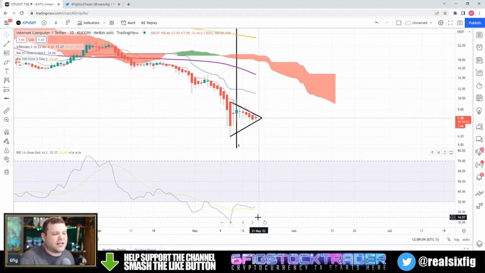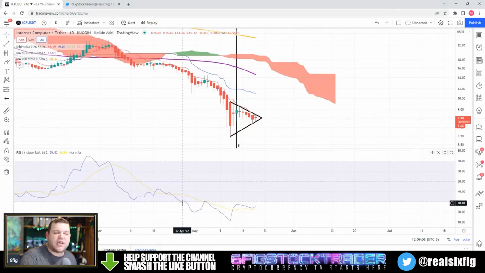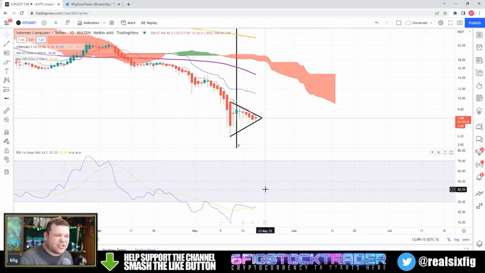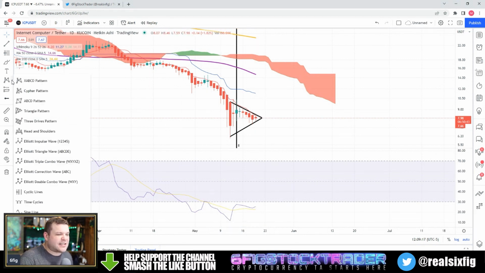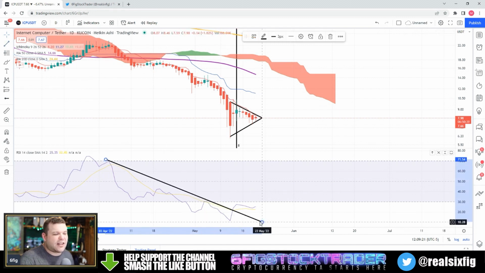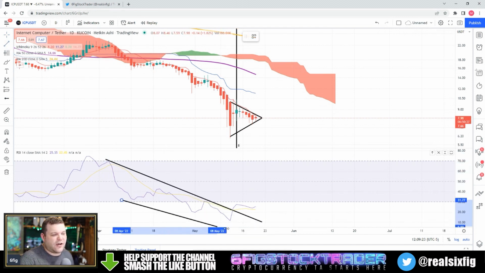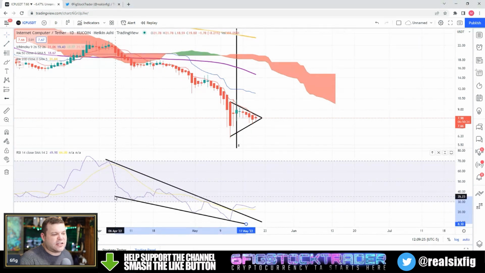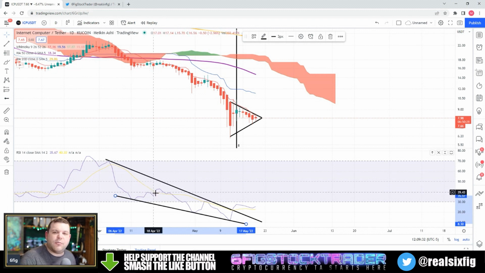When we look at things like the RSI, I'm constantly looking for patterns as well. And I do think that there might be a chance that we could be seeing some sort of inverse head and shoulders throughout this RSI, because it was at one point just telling us that there was a falling wedge occurring. Falling wedges are pretty bullish things to see, especially when we get them along a multi-month scale like you're seeing here.